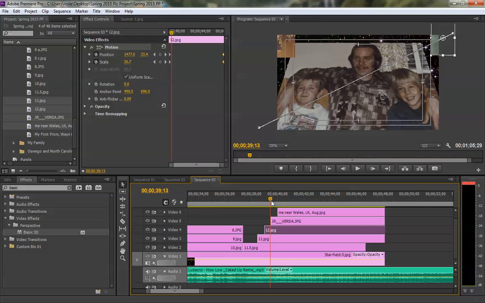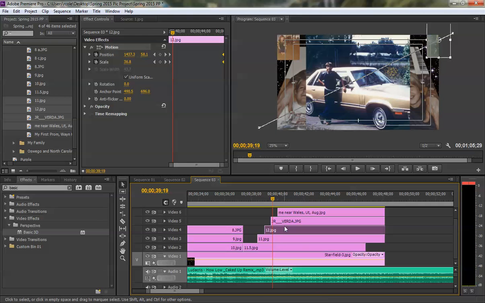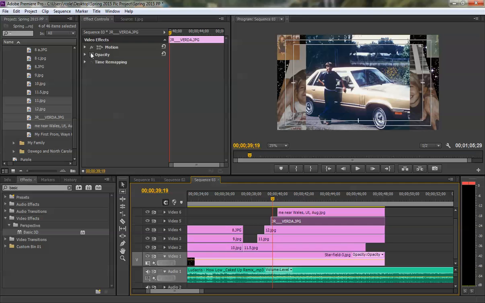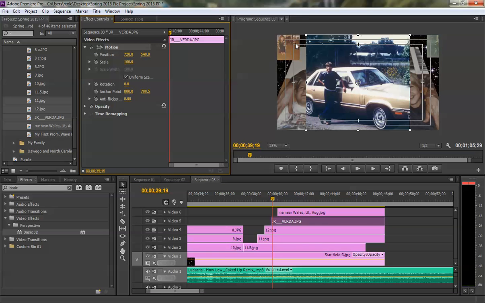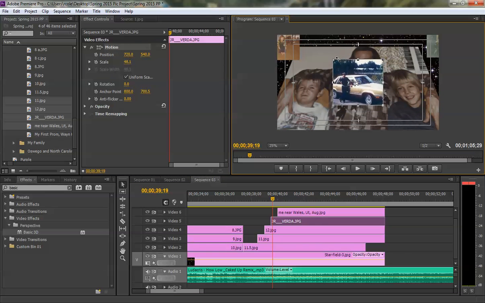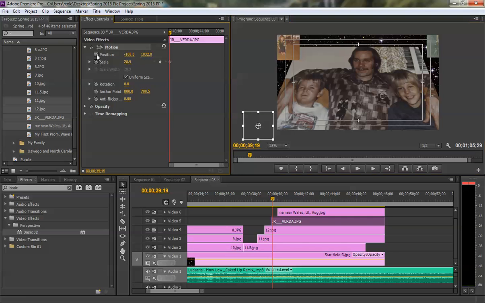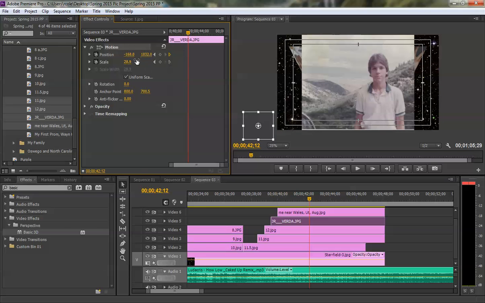Alright, same thing with the other two, but I'll start them from the other corners. So the third picture, I'm going to take its motion, make it smaller. I will start it from over here in this corner, maybe a little bit smaller. Okay, and my size and position are set. Keyframes, move them to the beginning. As time goes on, I will now move it across, make it larger,